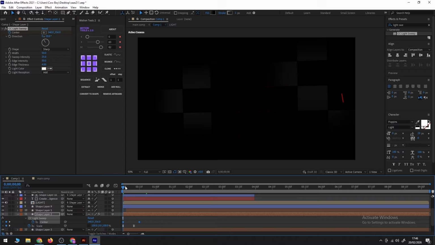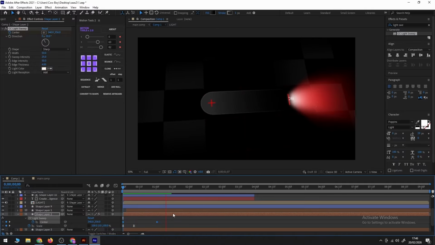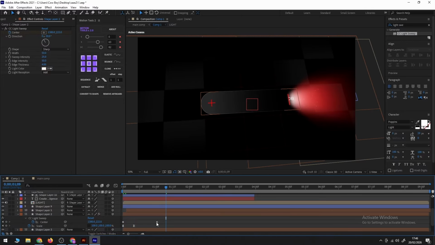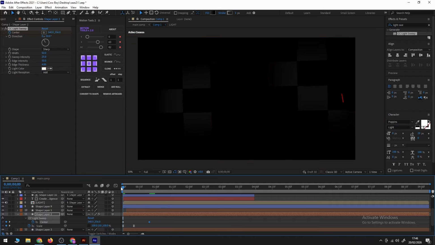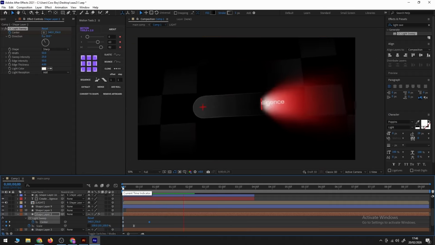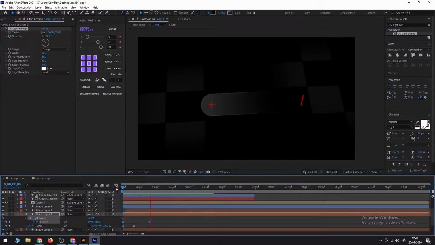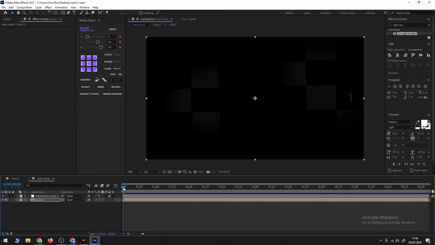So now we have this light sweep effect. I will play this whole animation in the main composition. Yeah, it's looking good. Now if I play this whole animation like this,